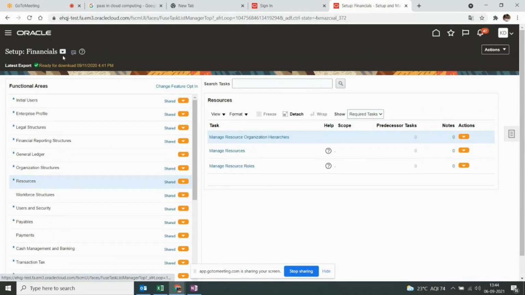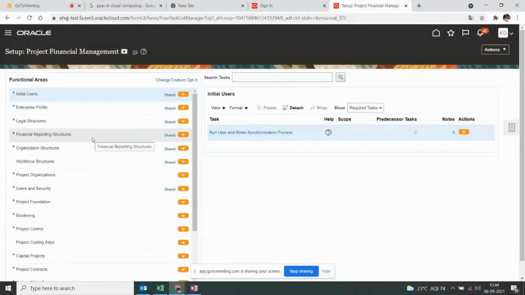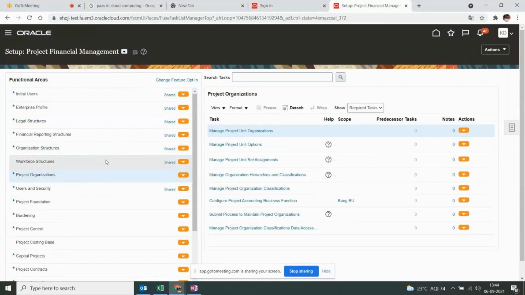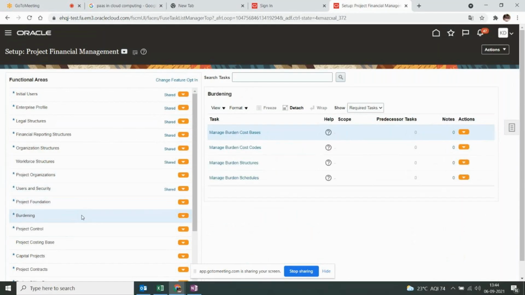Now let's go to the project financial management offering. Under this offering, you can see functional areas. We call all these functional areas, right? So remember these terms.